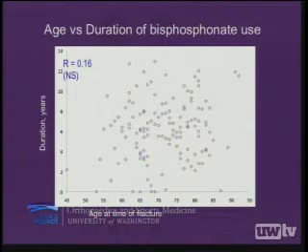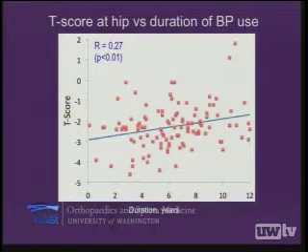And so there's no correlation. T-score did get a little better with longer use. And some of them were really pretty osteoporotic down here, but look, some of them had bone densities that I would love my patients to have, as long as they weren't caused by bisphosphonate. And here's the incidence. This is actually a computed incidence. This is not published, and it's not supposed to be